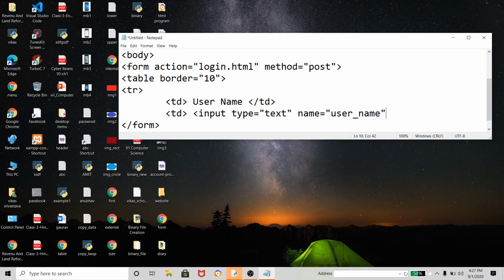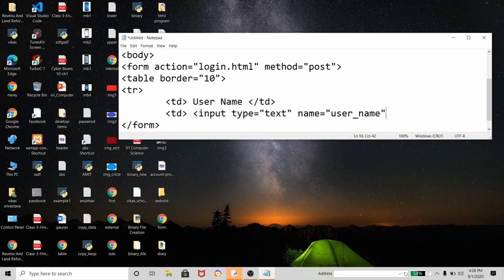Why are we giving the name? Because when we are going to use it on the server side, we are using a lot of text boxes. Which box brings which value, how will we know? That's why we give a name to all the text input boxes, so that on the server side we can easily identify that this name is bringing these values.